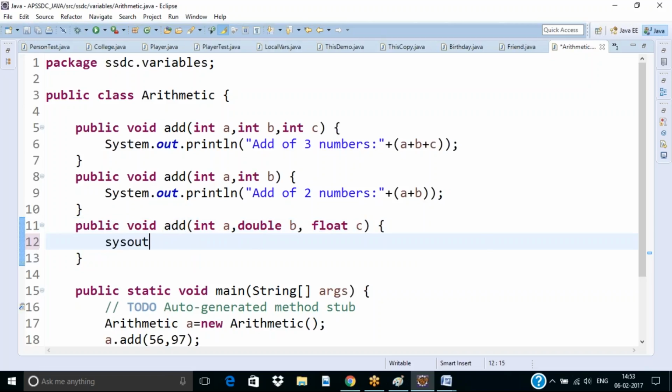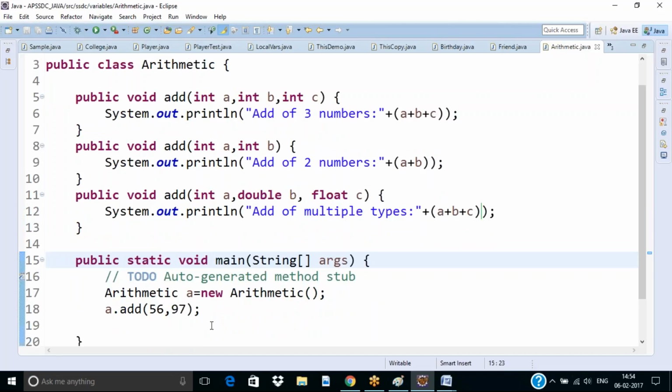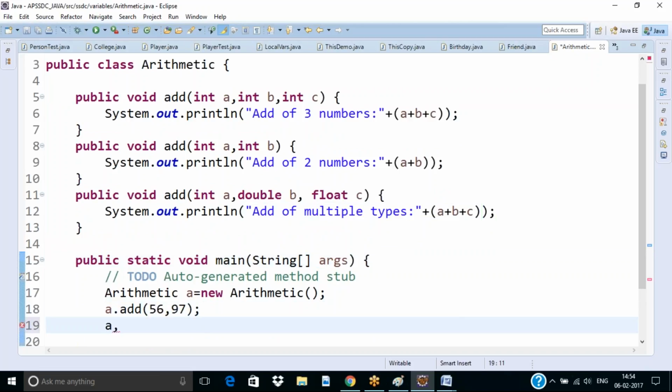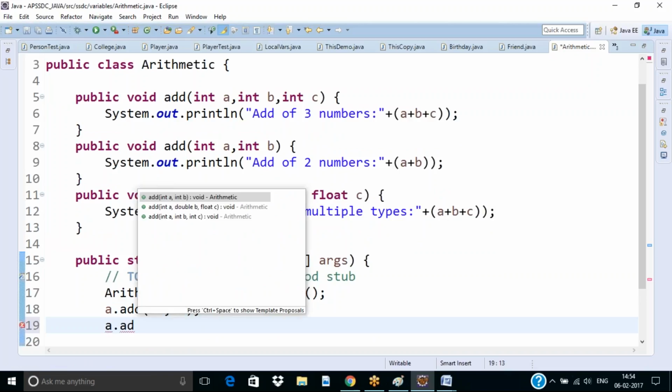Now in the system.out.println, addition of multiple types. Multiple types means an integer, a double, a float. What to do? A plus b plus c. That's all. So let it be this as it is. So a dot add, if you call the add method,